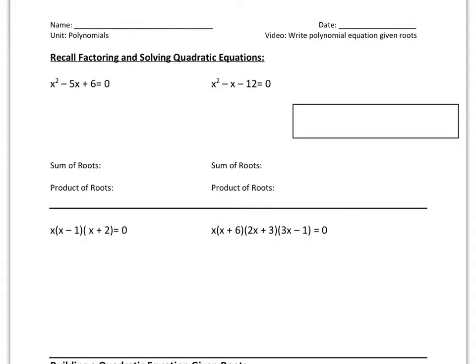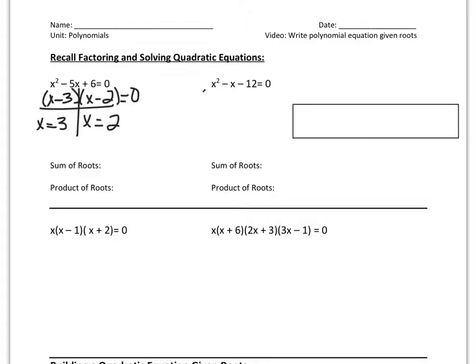Hi everyone, in today's lesson we're going to learn how to write polynomial equations given the roots. So the first thing I'd like to do is quickly factor these two expressions. If you factor the first expression, you should get x minus 3, x minus 2. And if I want to solve, I'll set each piece equal to 0, and my roots will be 3 and